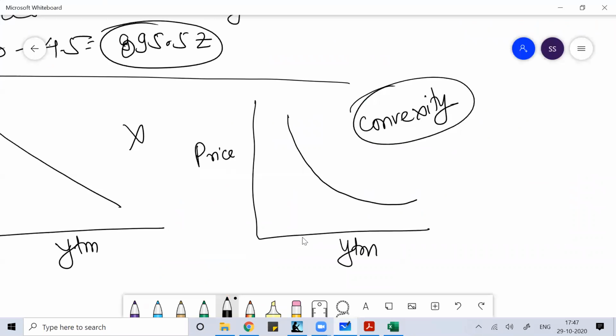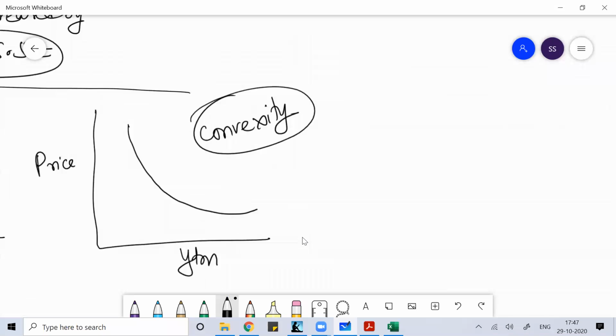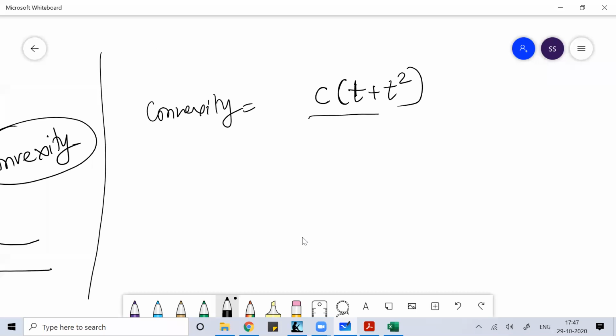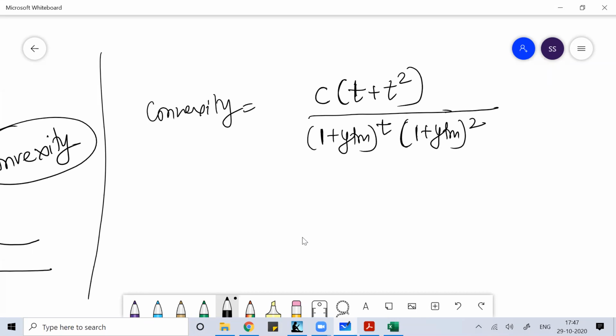In exam, convexity will not come for numerical. Convexity is difficult to do. So in exam and all, they will not ask you convexity formula. Convexity formula is basically the coupon into t plus t square, then divide by 1 plus YTM to the power t into 1 plus YTM square, then find the present value of this,